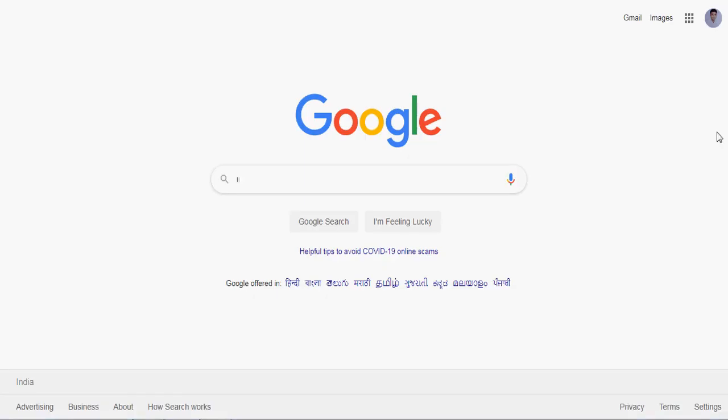Today's topic is how to create a shortcut on desktop in Chrome. If there is any important website which you use on a daily basis, such as email, Gmail, Facebook, or whatever you use daily, then this is a very short, easy, and very useful tip to create a shortcut, and it is easy to use daily. So today I'll show you how to create shortcuts of any website, and it is for the Chrome browser.